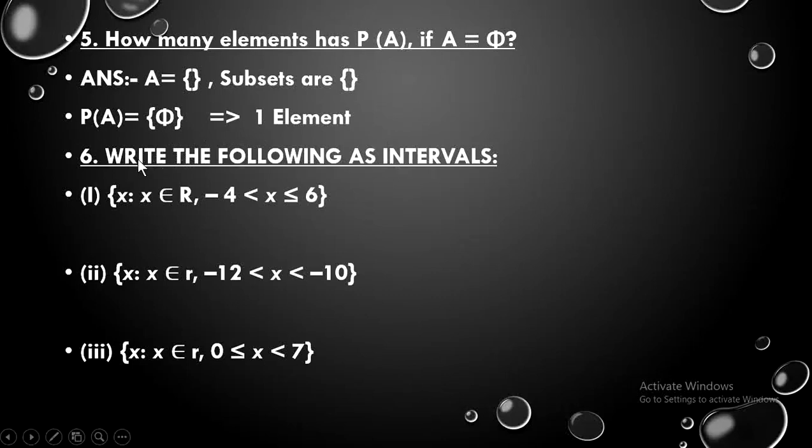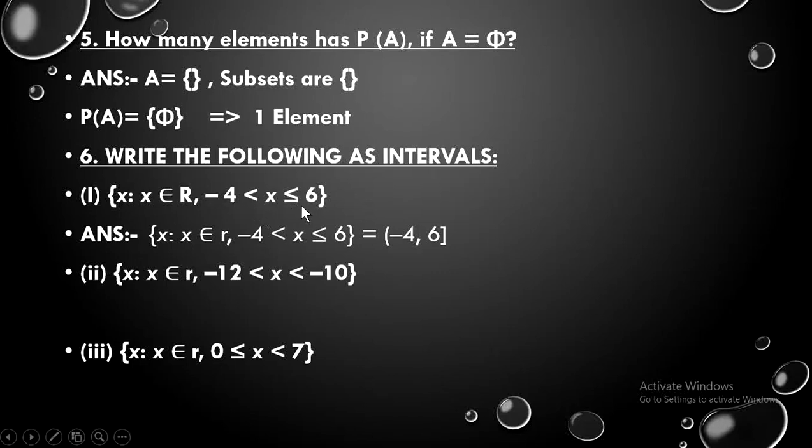Now the next part, you can see they have asked us to write the intervals. Intervals basically means the values we need to write where x will lie. Now if you remember, I had explained to you, over here they have given x such that x belongs to R, where capital R represents real numbers. Here it is given smaller but actually it is capital R. So x is such that x belongs to R and x is greater than -4 and less than or equal to 6.